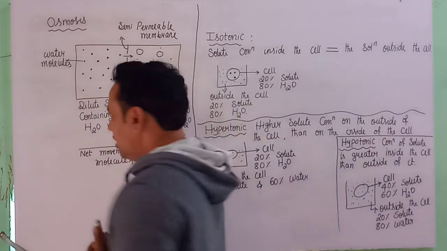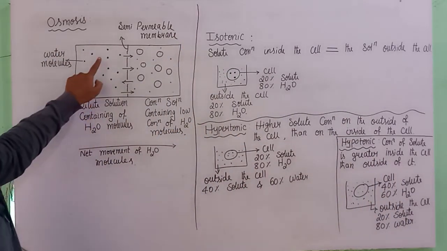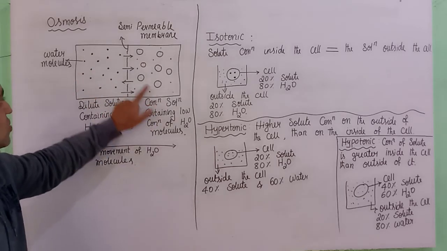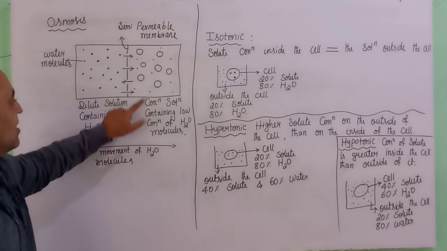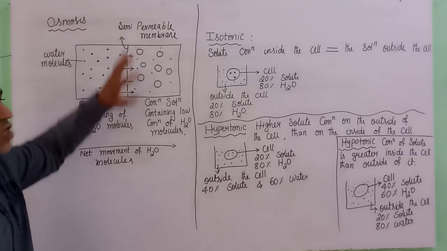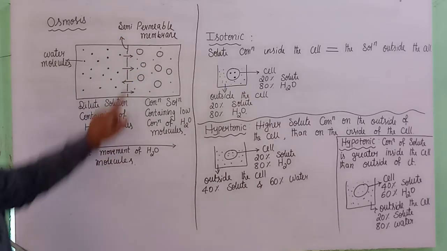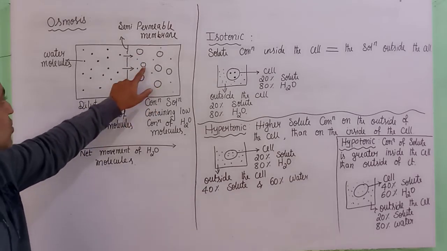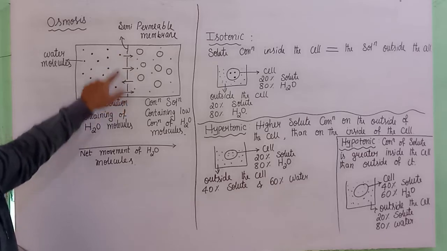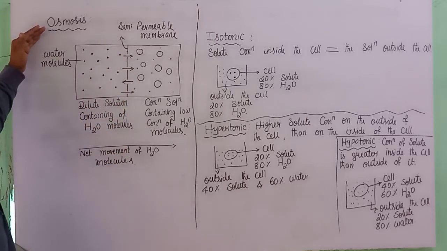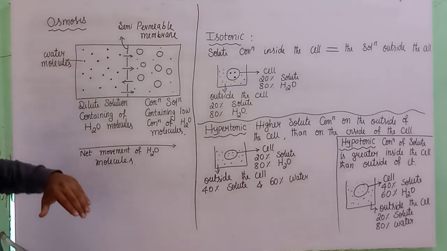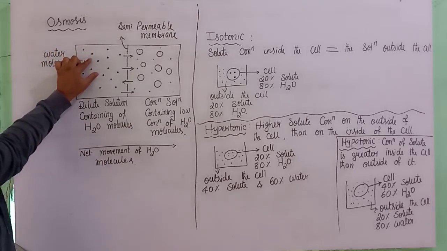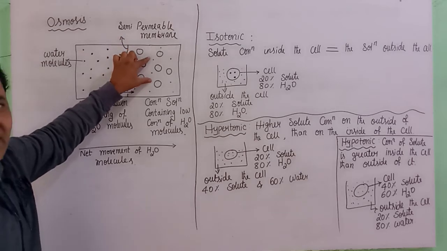Now in this diagram you can see clearly there is a movement of water molecules from the dilute solution to the concentrated solution. Here we have taken the concentrated solution. Imagine we have dissolved some sugar in the water. These bigger molecules are the solute molecules, which are sugar, so they cannot pass through the semi-permeable membrane. So osmosis is the flow of water molecules or solvent molecules from lower concentrated solution to the higher concentrated solution.